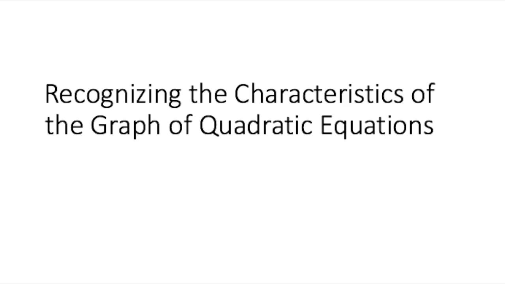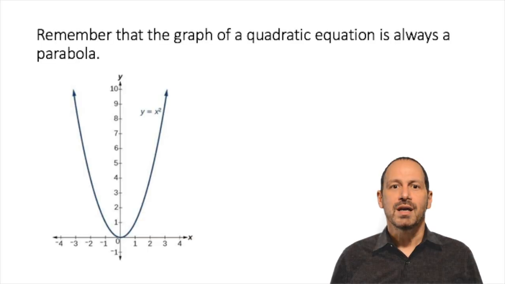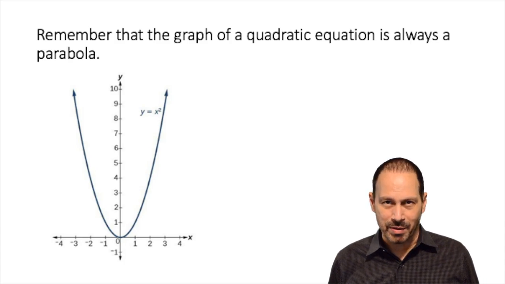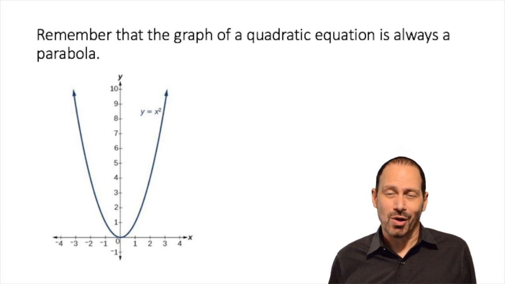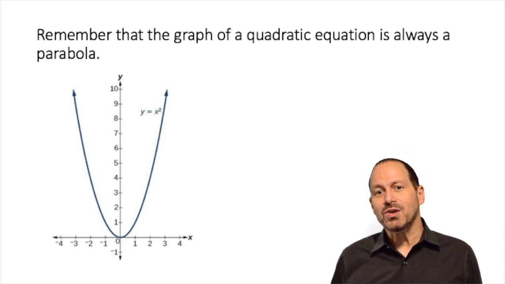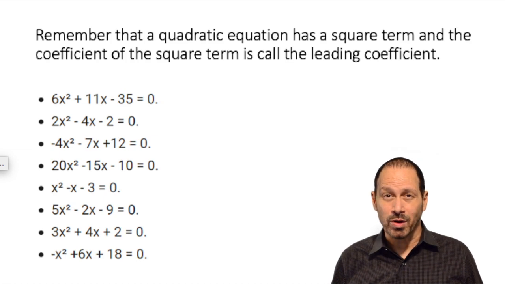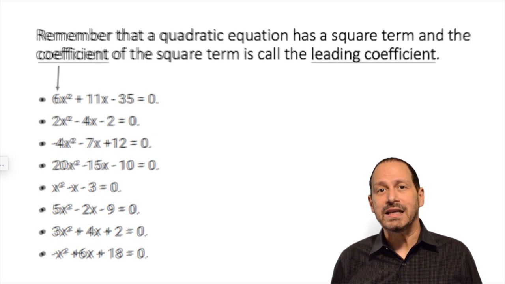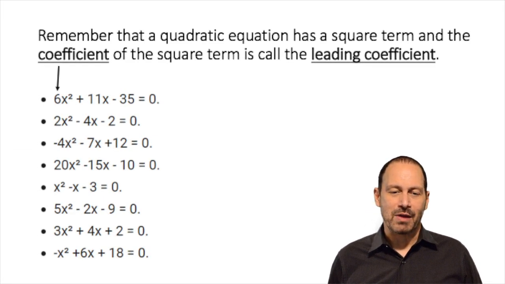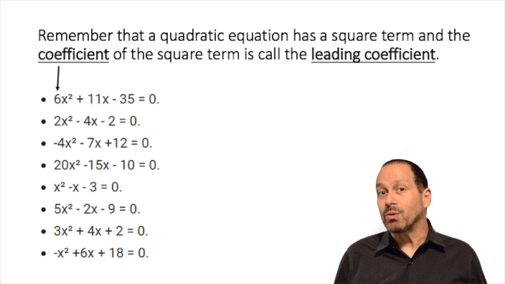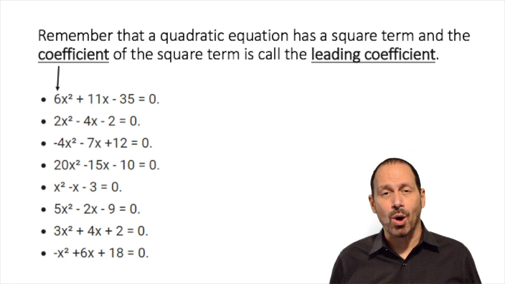Recognizing the characteristics of the graph of the quadratic equation. Remember that the graph of a quadratic equation is always a parabola. And remember also that this quadratic equation has a square term, and the coefficient of the square term is called the leading coefficient. Now this coefficient can be positive or negative, and it will determine whether the parabola opens upwards